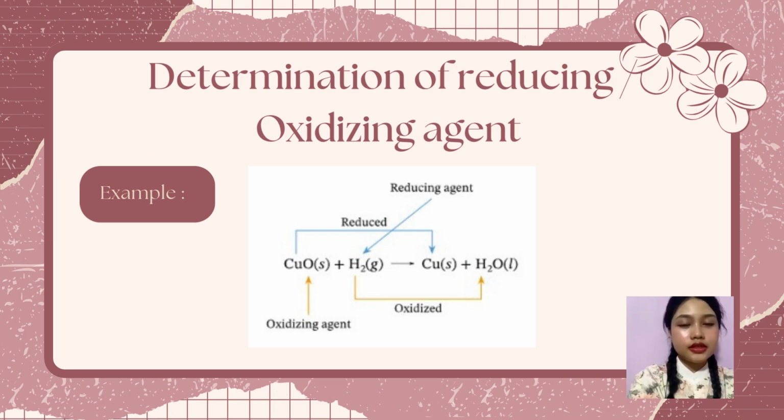So the equation is 2NH3 plus 3Br2 produce N2 plus HBr. So in this reaction, ammonia acts as the reducing agent because it is oxidized to nitrogen gas N2, which means ammonia loses electrons. At the same time, bromine acts as the oxidizing agent because bromine is reduced to hydrogen bromide HBr, meaning bromine gains electrons. Therefore, in this example, the reducing agent is ammonia and the oxidizing agent is